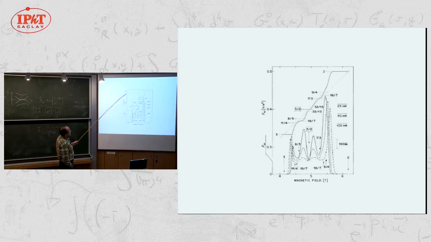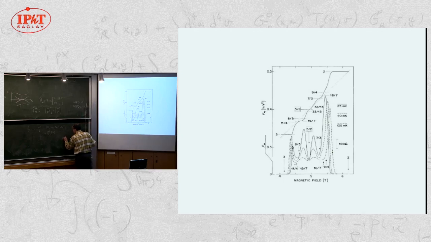So this is the longitudinal resistivity, the main plot. This is the usual Hall resistance as a function of the magnetic field between the filling factors 2 and 3. So that's a usual two-dimensional electron gas, not graphene, it's just an electron gas. So between 2 and 3, it means that you have complete filling of the lowest Landau levels with the 2 spin values. Okay? And then when you are between 2 and 3, it means that you are filling the lowest spin branch of the first n equal 1 state.